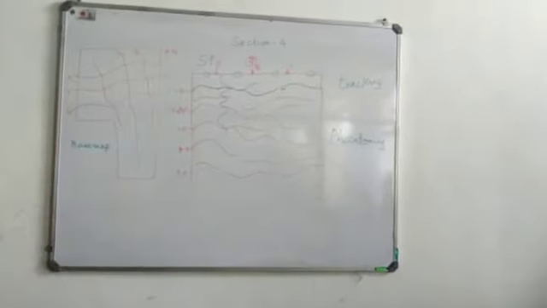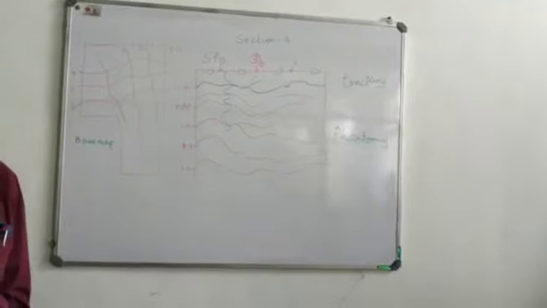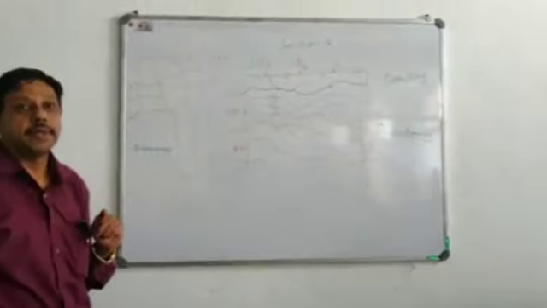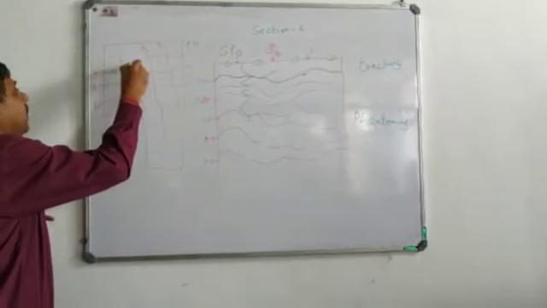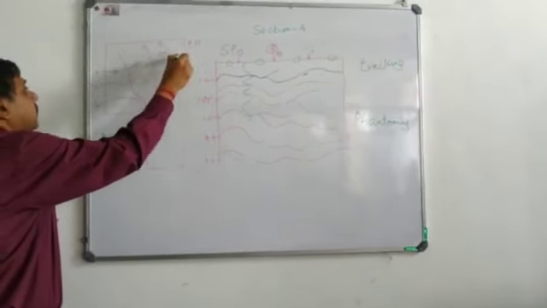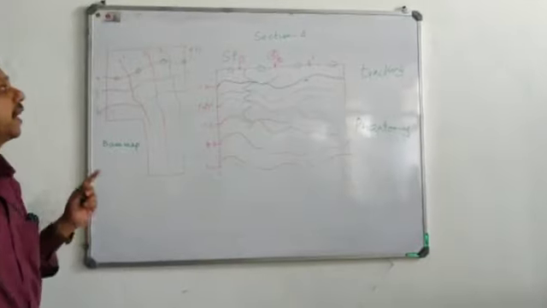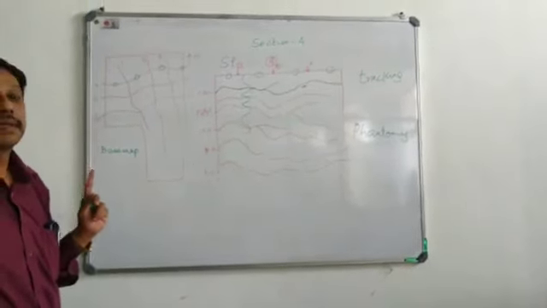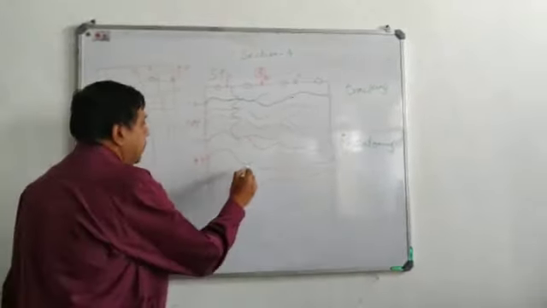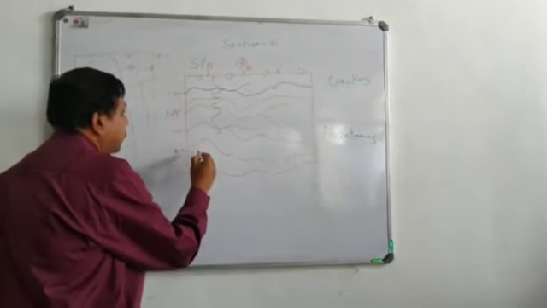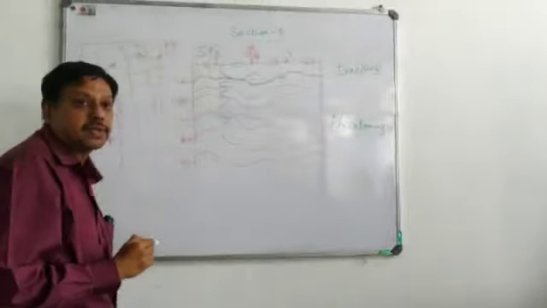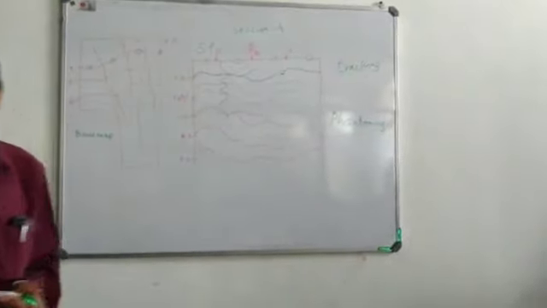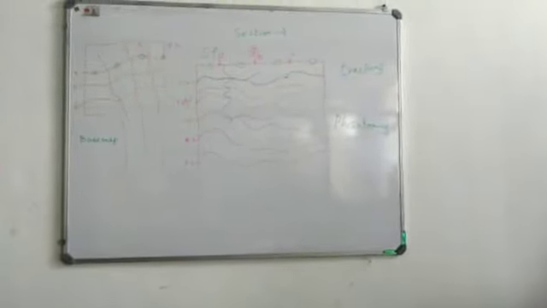Why do we trace it? Because we want to see the structural highs and lows based on the two-way time, and post this two-way time on line number 4 at various shot points. So we can understand the highs and lows from this. As we come to this boundary, suppose I want to draw the acoustic impedance close to 3 seconds, which is the two-way time, and I use a different color pen for the same.